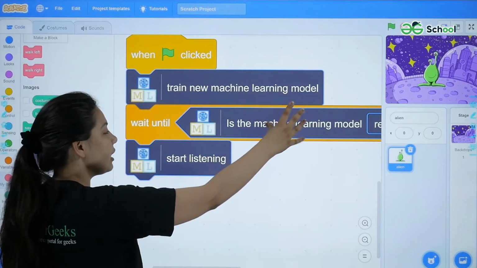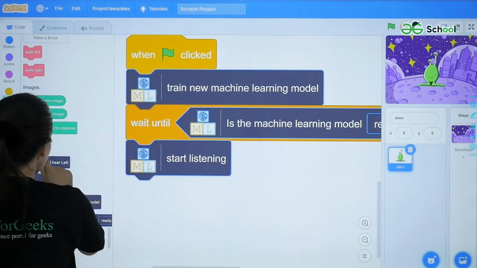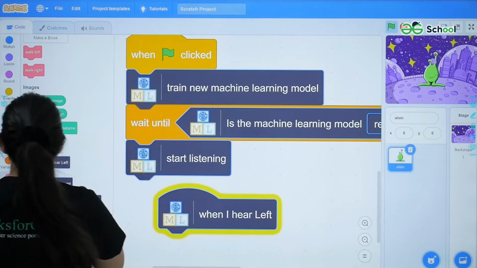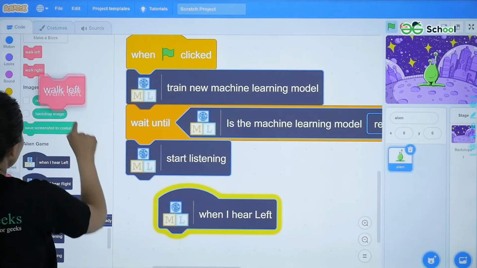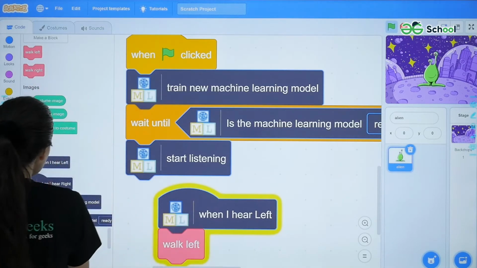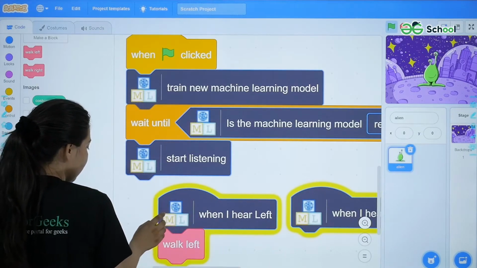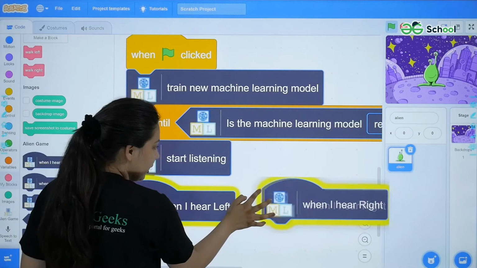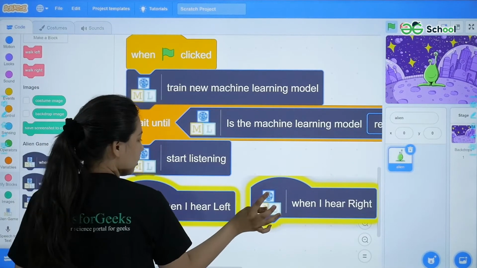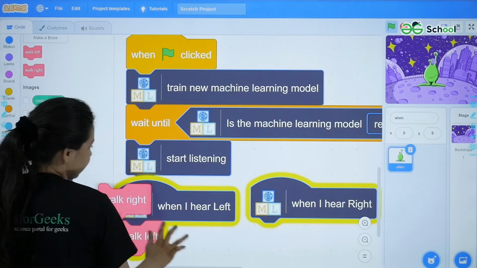Suppose my alien hears left, it should walk left, and similarly when my alien hears right, it should walk right.